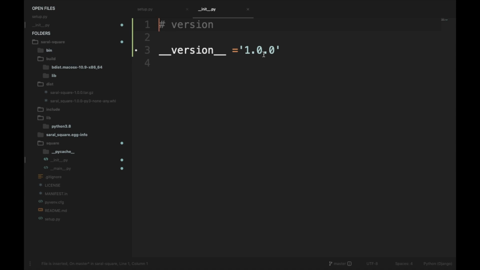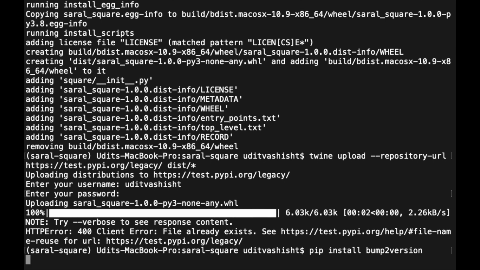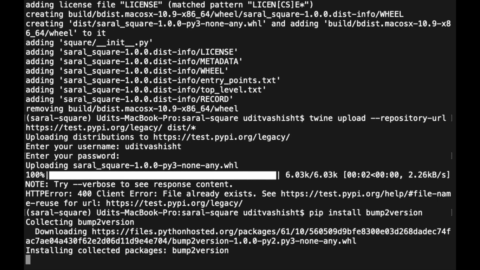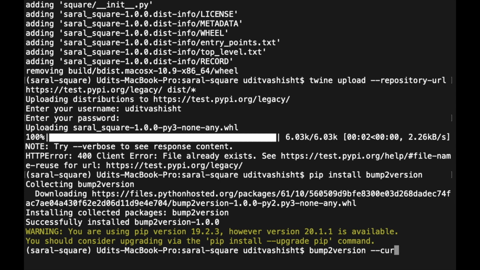the version here. You can either manually change the version number at two places, that is setup.py and init.py, or you can use a module called bump2version, and we will be using the module. So here we will have to do pip install bump2version, and once it's installed you have to do bump2version, and then you have to give the current version,